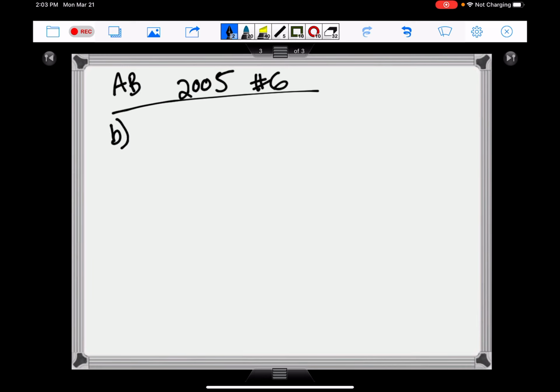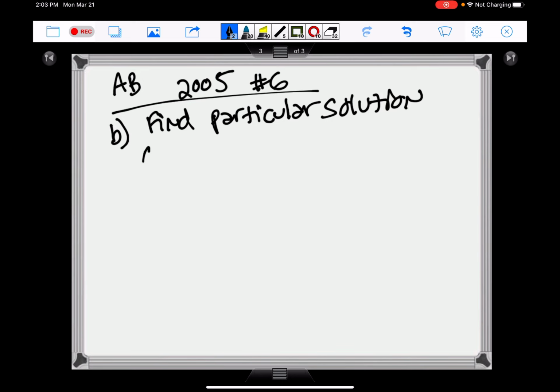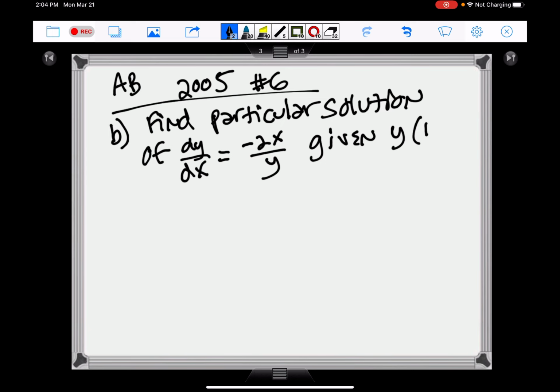Part B says find the particular solution of dy dx equals negative 2x over y, given y of 1 equals negative 1. And then part C,